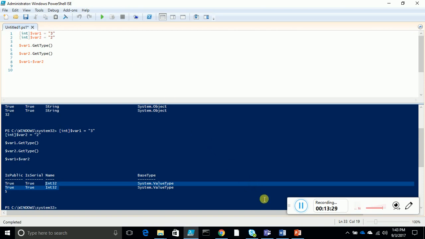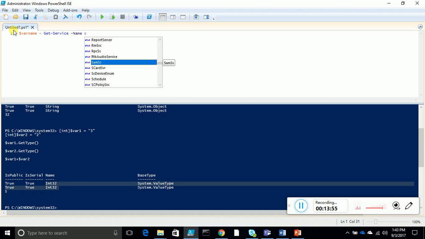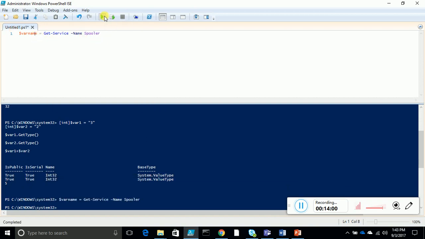So that's what variables are, more or less. That's how you declare a variable, like $, then variable name, then you pass the value for it. It can be an integer, or it can be a commandlet output, like Get-Service. Get-Service where name is equal to spooler. So I will say spooler, then this value, if I run it, then the variable does have the spooler service. If I print the variable name,